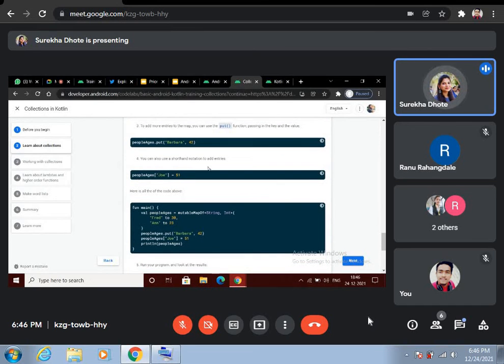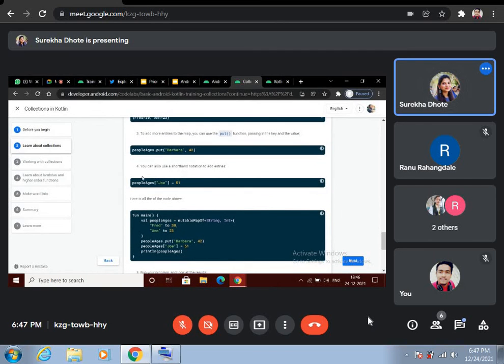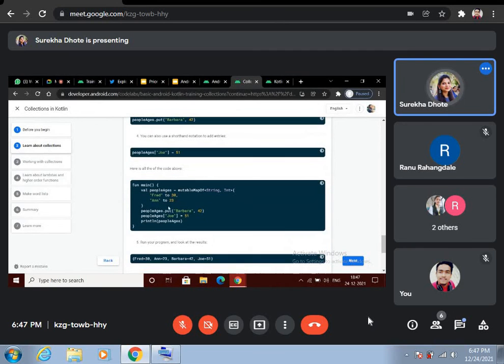Another shorthand notation for adding an entry is this one. We can also use this shorthand format for putting our entry.